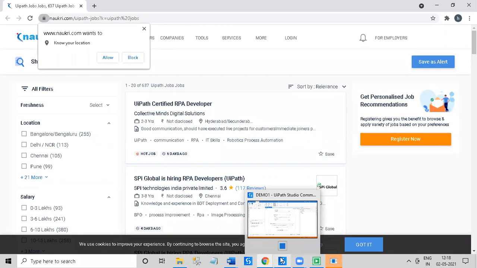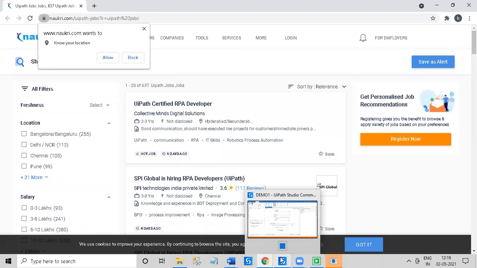So if we want to extract the data from any website where data is present in a structured manner, then we can use the data scraping option. Once we use data scraping, we can extract n number of data. Right now, I am extracting only 3 data: company name, experience, and location.